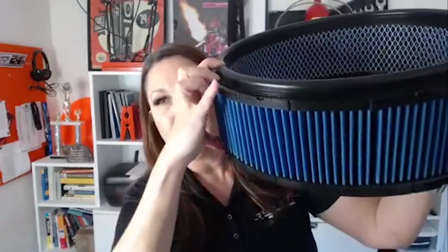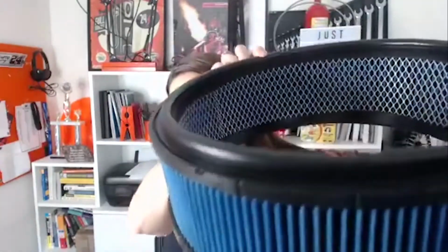All right, next up in the number 2 spot this week is our Walker air filter. And you can smell it. I wish you could smell this, because you can smell the urethane. We really, really love that the urethane is so squishy right here. Yeah, I don't know if you can see the squishiness. The reason why is because it creates an excellent seal for your base or for your lid,